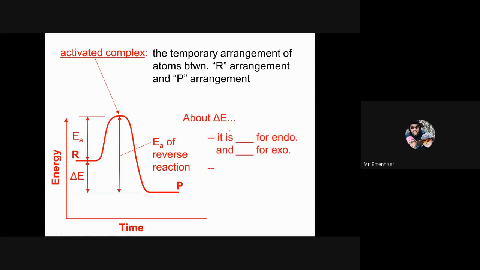All right, change in energy. It is positive for endothermic. It is negative for exothermic reactions. We already know this. It has no effect on the reaction rate. Okay. So the change in energy, this hill,